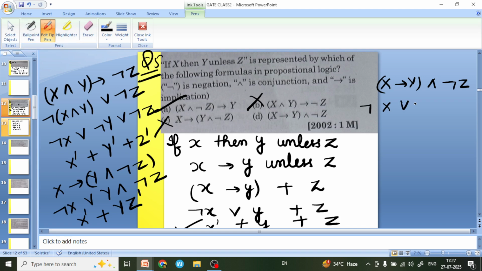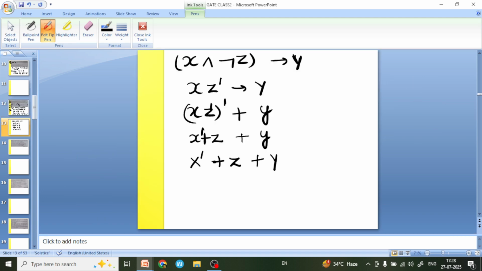X dash plus Y plus Z dash, it's not a match, only this will match, so that's why the answer will be this. Now next,